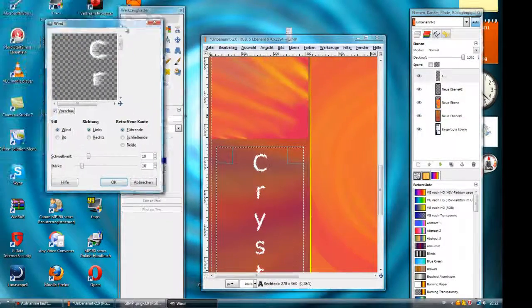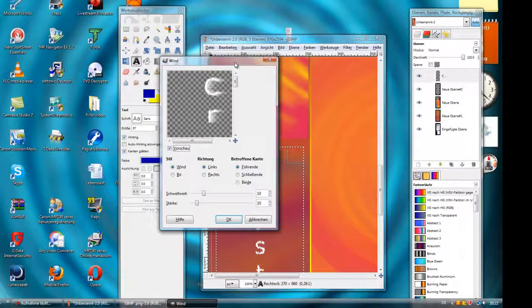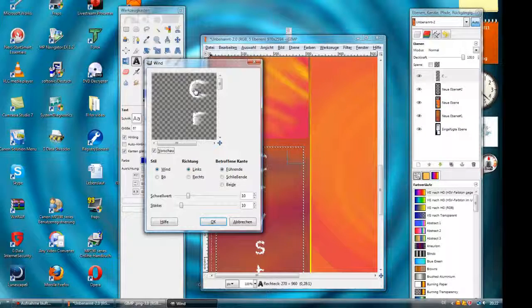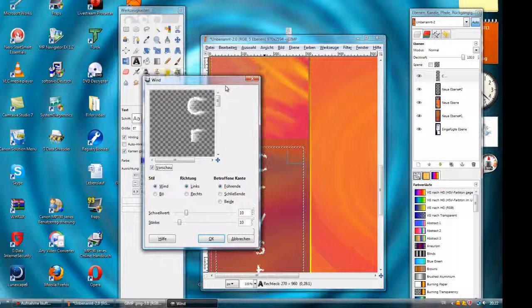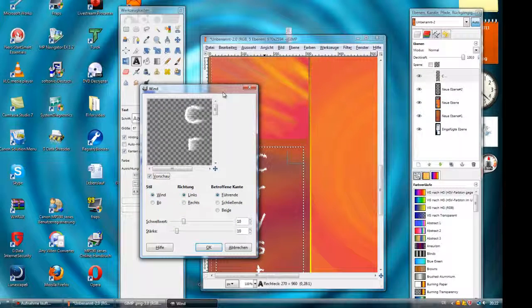So what the wind actually does is it creates our little ice looking font. You can do it like that, so we had our ice font right here to the right. We can change that if we want,